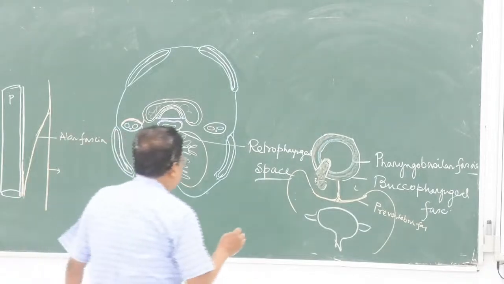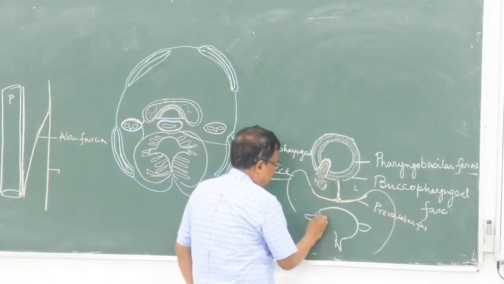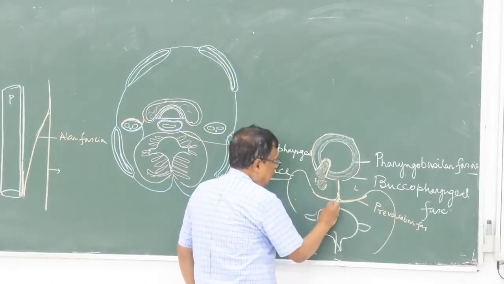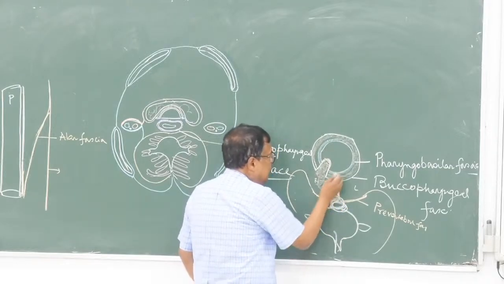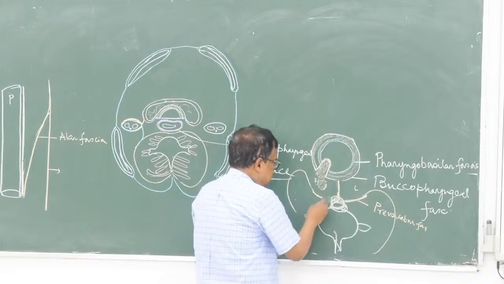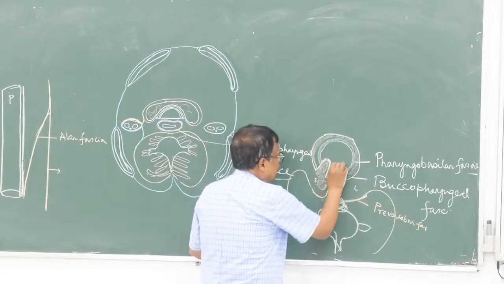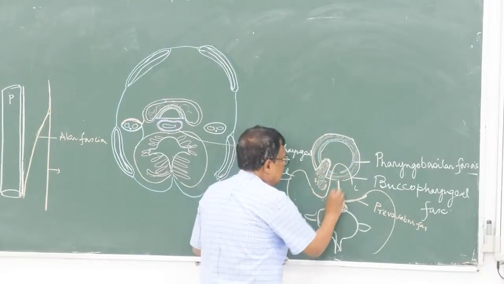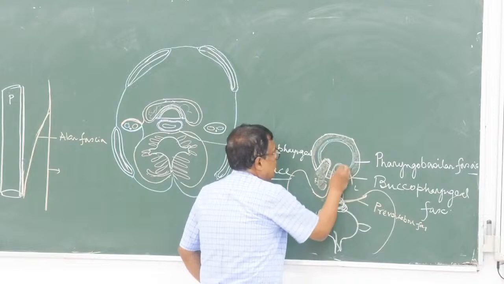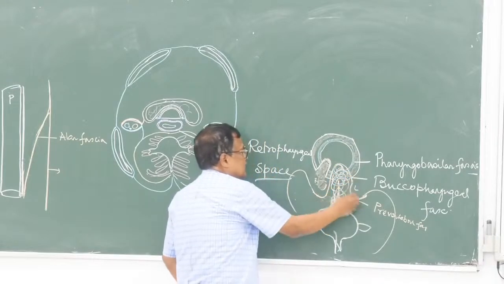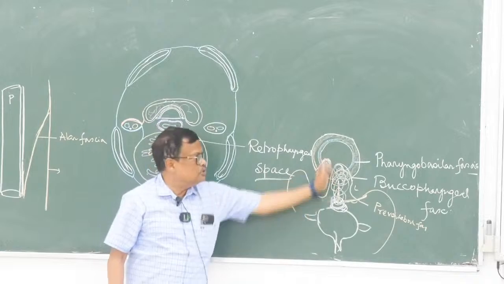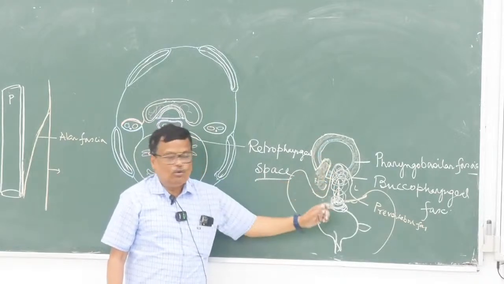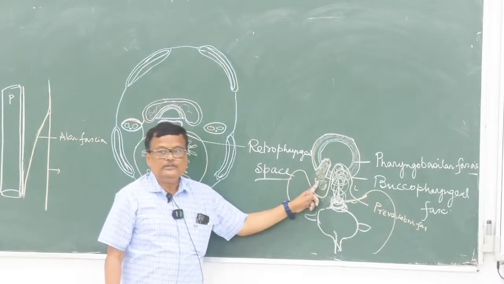So pus is formed here, and pus is formed here. Ultimately, it pushes, this pus becomes enlarged, in this fashion. তো এটা কি মিডলাইন হবে না? যেহেতু পেছন দিকে চাপ দিচ্ছে। সো যদি রেট্রোফ্যারেঞ্জিয়াল স্পেসে হয়,